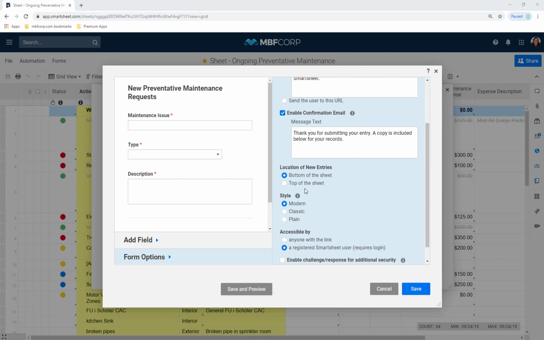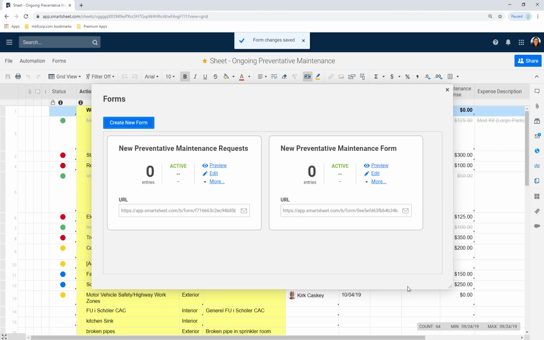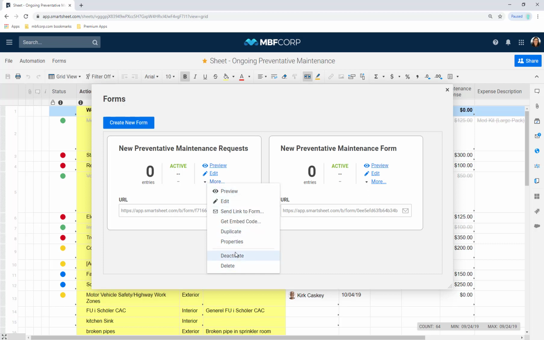Now that my form is ready, I want to share it with my department, and there's several different ways that I can do this. First, let's make sure we save all of these changes we've made. Then I can go into my settings section where it says More and choose how I'm going to share. Most people share their forms simply by copying the URL here and sharing it just like a regular website. I can send this by email, by chat, post it for sharing on social media, or even added to a